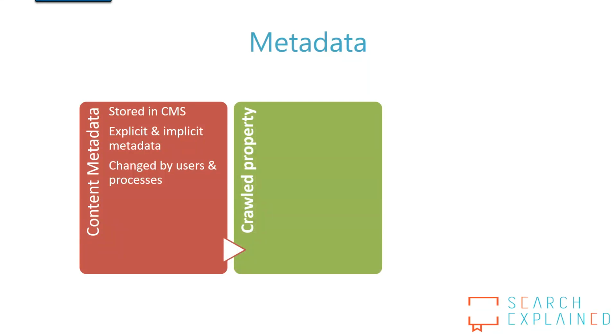So the first step, when you crawl the content, and I'm going to show you how it happens. So when you crawl and index the content, crawled properties are being created. Those properties are property definitions of the properties that are available in the content source. So for example, if you have a SharePoint column called project ID, you will end up having a crawled property named project ID. Same with content type. We have a content type crawled property, or invoice number, or customer name. So we will have a crawled property